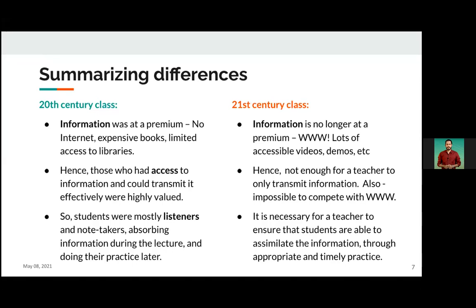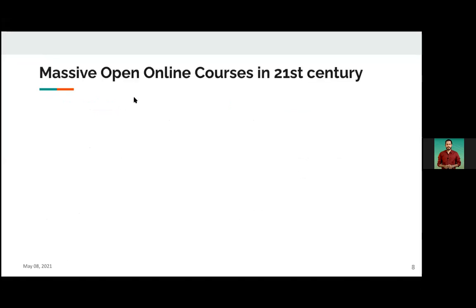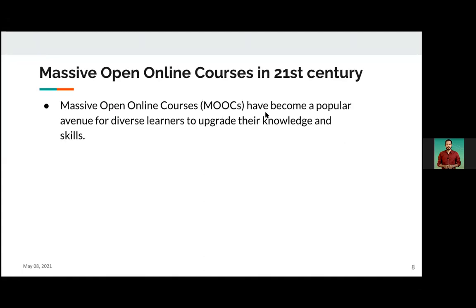So why am I talking about these two differences? Because MOOCs, that is massive open online courses, have been introduced in the 21st century, and they have become a very popular avenue, especially for diverse learners. Definitely the goal is to upgrade their knowledge and skills, correct?